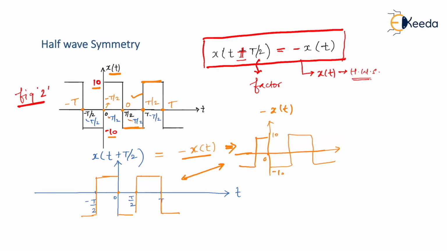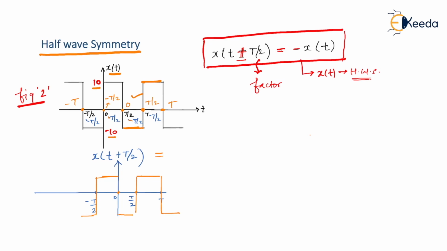Ultimately, if you remember, Fourier series is nothing but decomposing the given signal x of t into its frequency components. We are actually interested to see what frequency components are present in the given x of t. So from such a Fourier series, we come to know that we got only odd frequency components, that is omega naught, 3 omega naught, 5 omega naught, 7 omega naught, and such a signal is called a half wave symmetry signal.